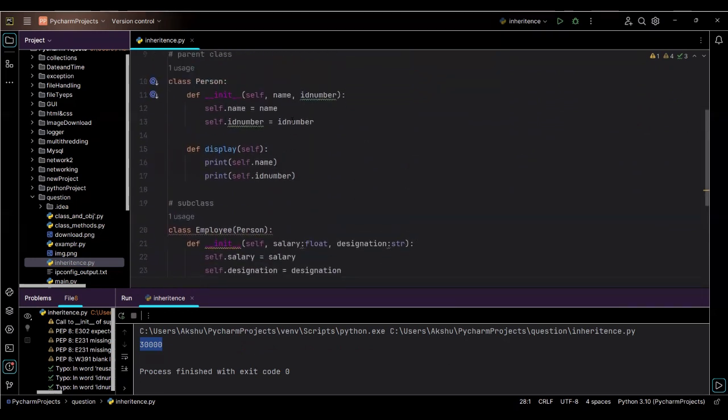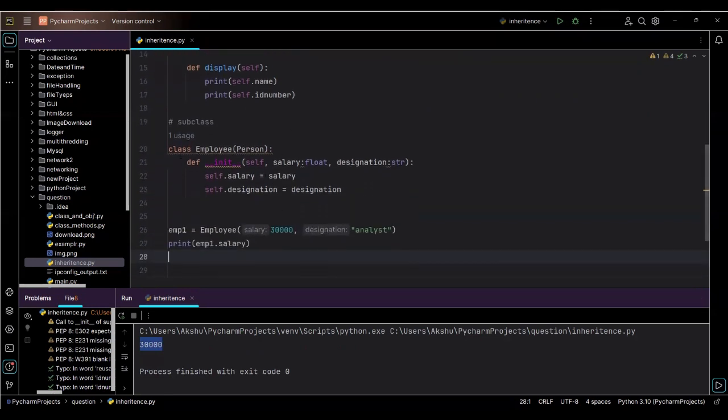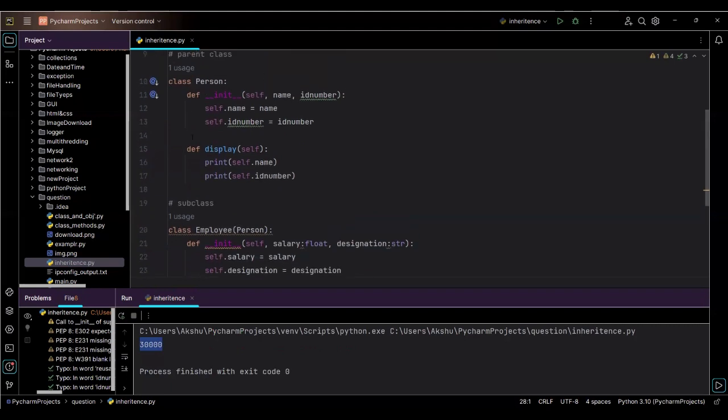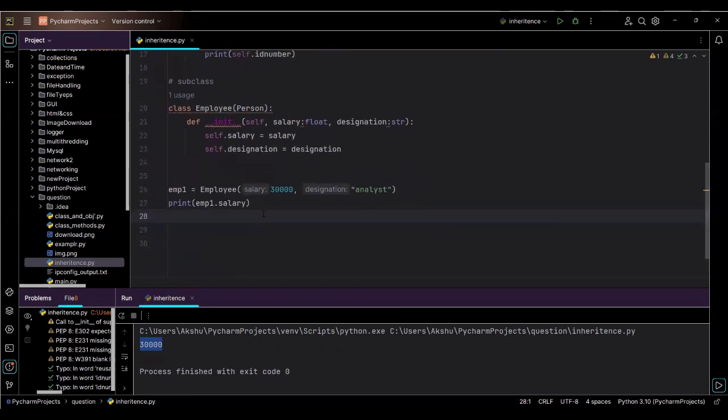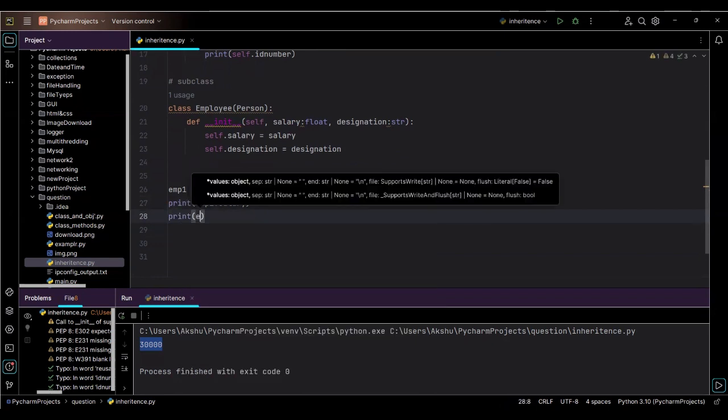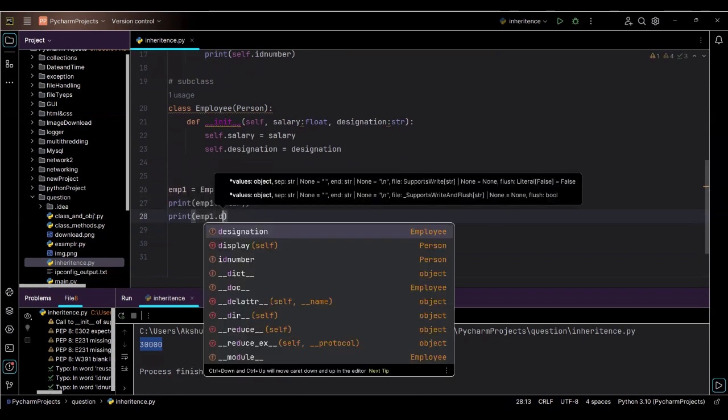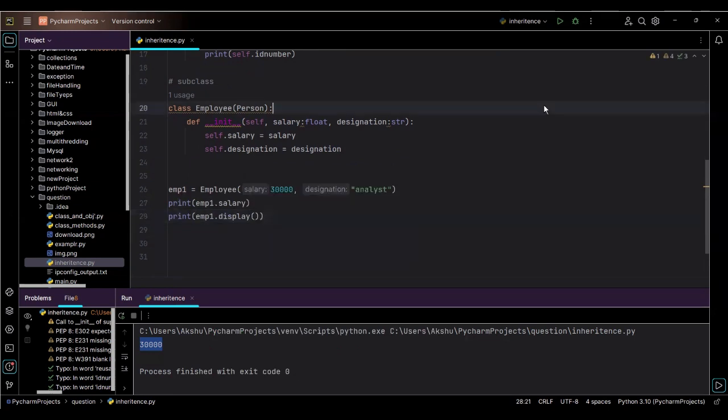Now, I already said that when I inherit the properties of one class to another class, that means from the parent class to the child class, I can access all the properties of the parent class with the help of the child class, right? So how to do that? I will just call the display function. I'll write print emp1 dot display. So we have the display function here. When I run the code,